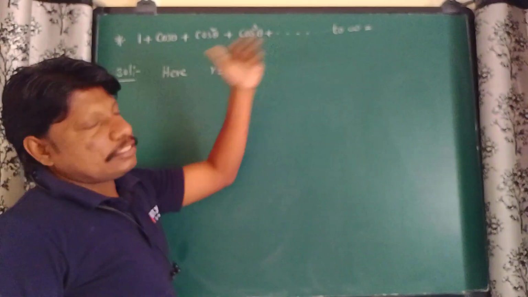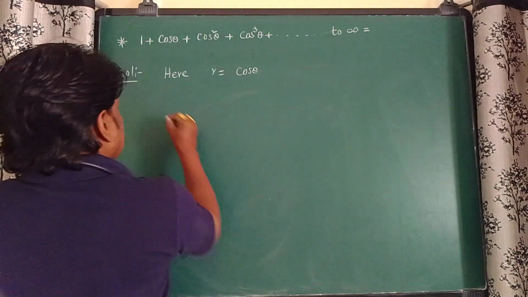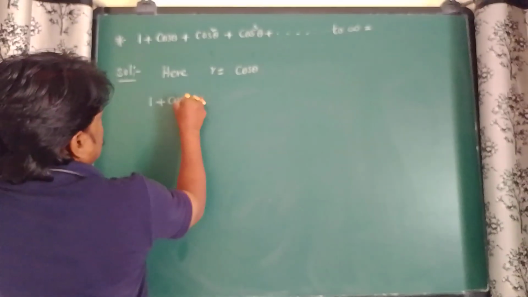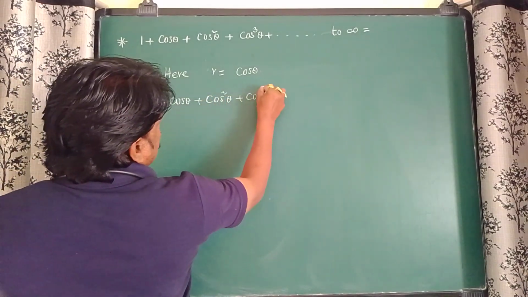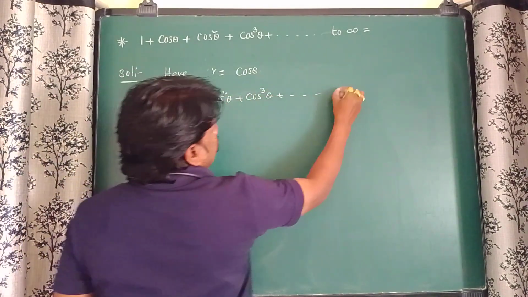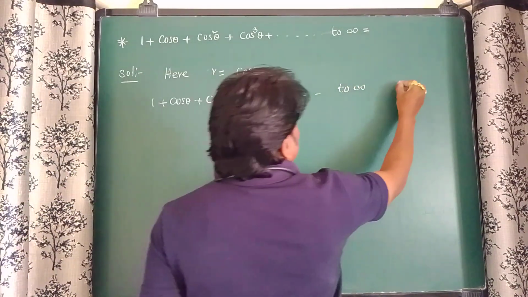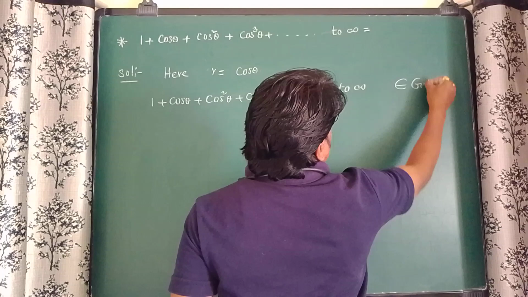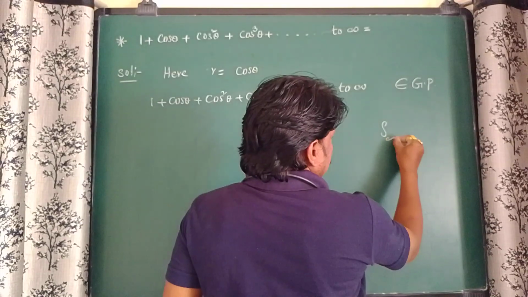So the given expression or series is in GP: 1 plus cos theta plus cos square theta plus cos cube theta plus so on to infinity. It is in GP, geometric progression. In GP, the sum of infinite terms formula is S infinity equals